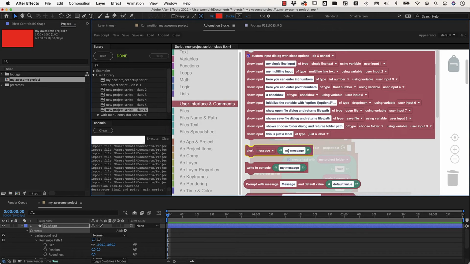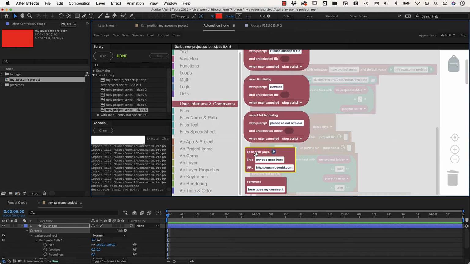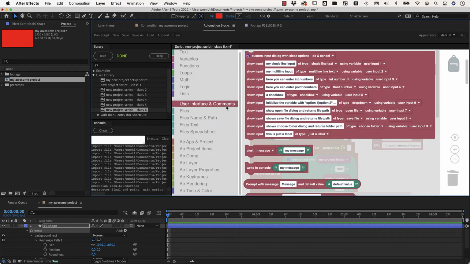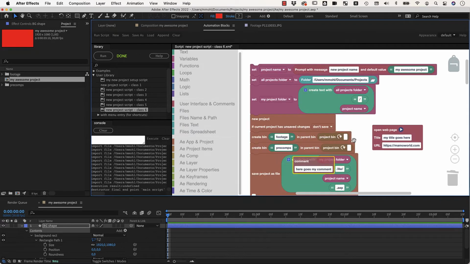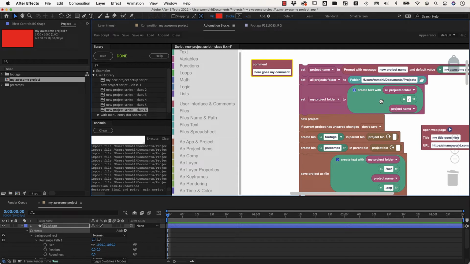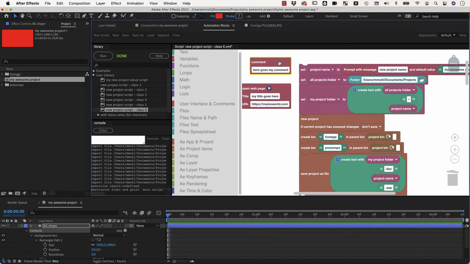In the user phase and comments section, you've got a block open web page, and you've also got, here at the very bottom, the block comment. I usually like to put those here on the upper left corner of the script, and the main point is that the first comment, the topmost comment you have in your block script, will be shown as a help tip of your script in the library here. So if I say my personal startup script for a new project, and I save this,